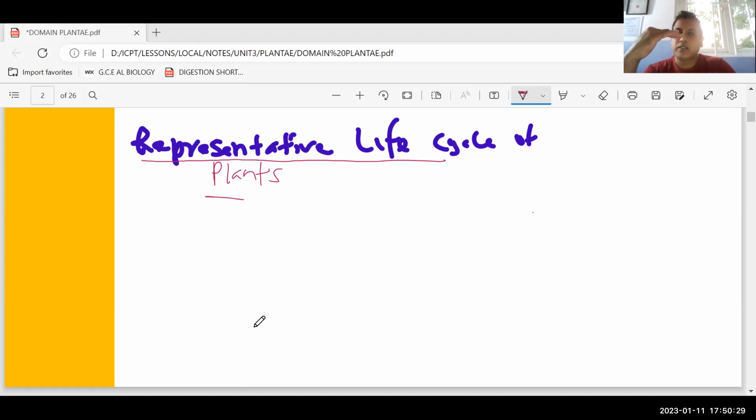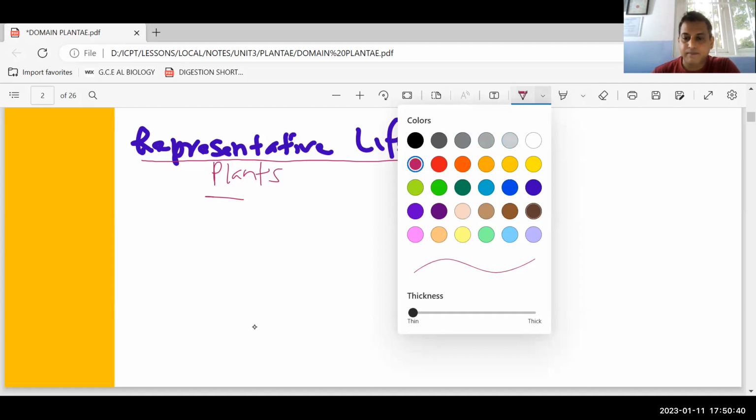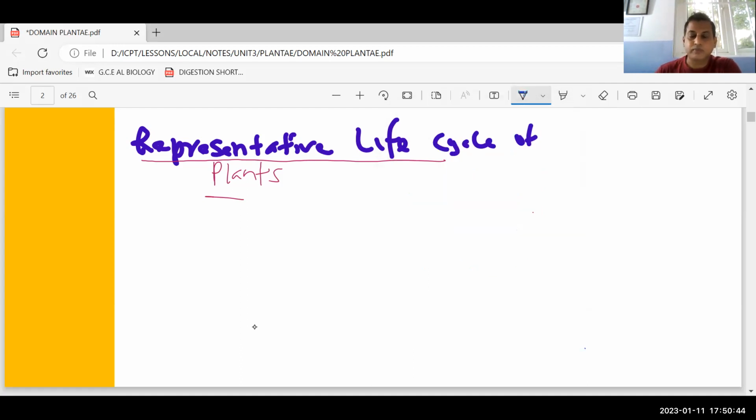So if we separate these two stages, as we heard before, the stage is sporophyte, the sporophyte stage, and mostly,